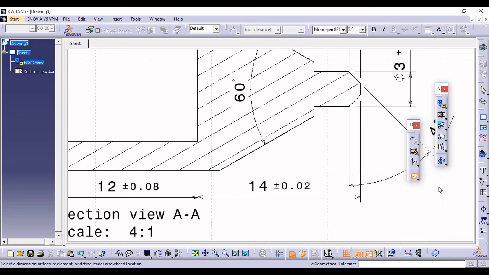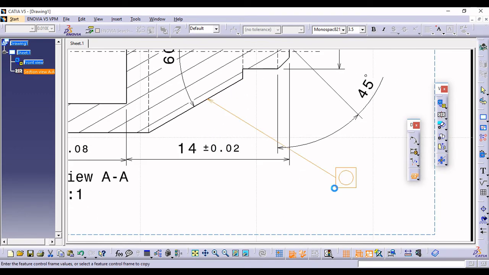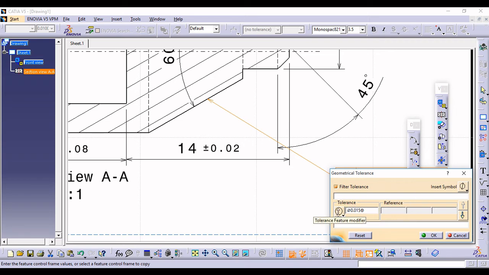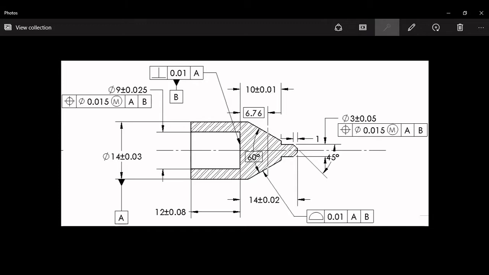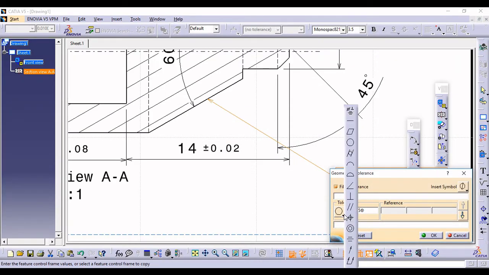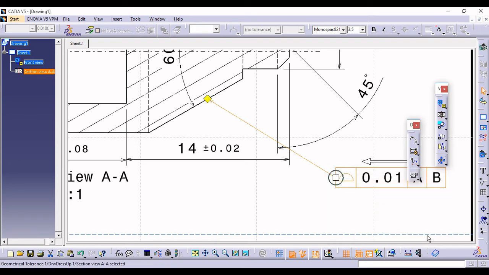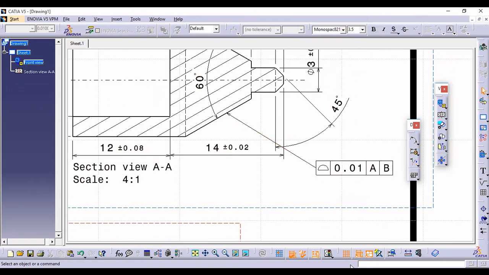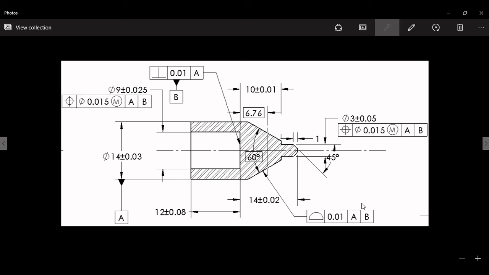So select this and select the edge where we want to apply our line. I'm selecting this one and simply dragging this one like this, see, and say okay. Now here we have the different tolerances, but what we want is simply the surface profile with 10 micron with respect to A and B datum. So go here, select this one, surface profile, put a value 0.01 and reference type A. Similarly here type reference B, and if it is okay, say okay. Now in this way you can come up with this particular geometrical tolerance.